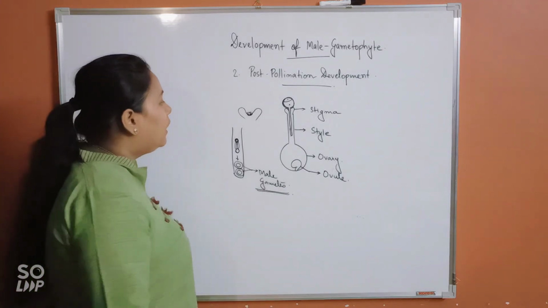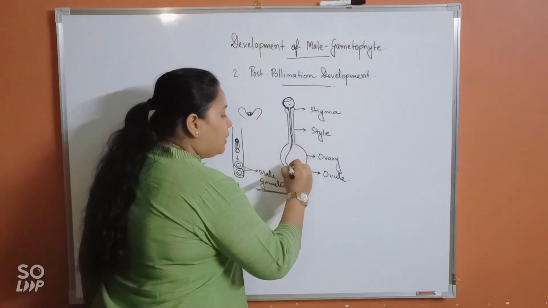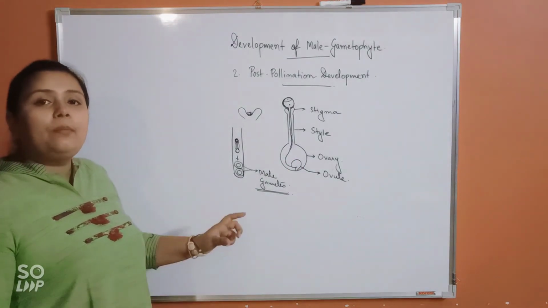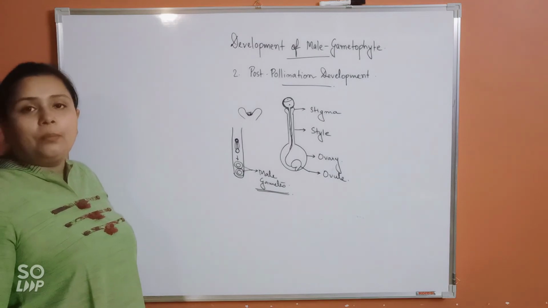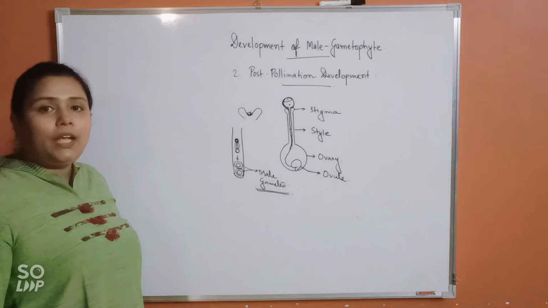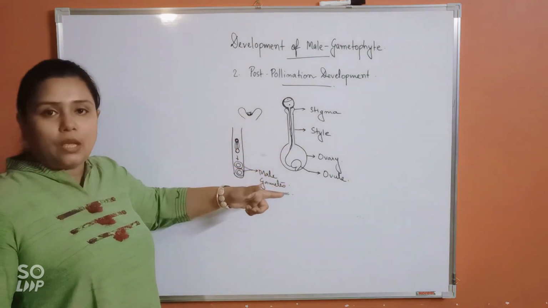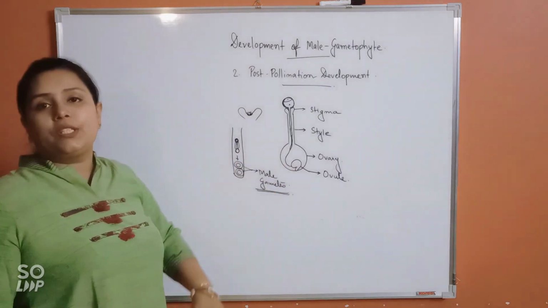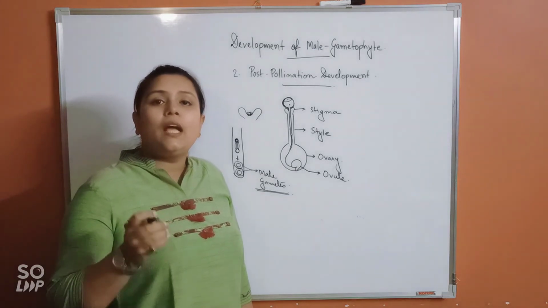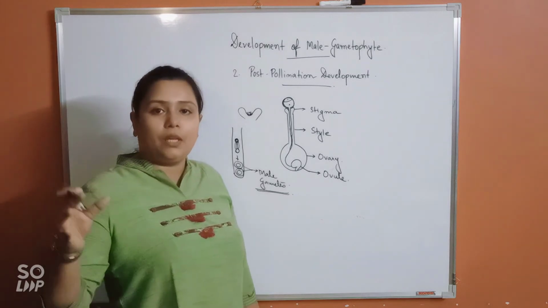Alright. So eventually the pollen tube will start moving towards the ovule. To be more specific, towards the micropyle of the ovule, because the micropyle will keep secreting certain chemicals. Due to this, the pollen tube will be able to sense those chemicals, hence it will be able to move towards the micropyle. That's why we say that the movement of the pollen tube is always chemotropic in origin. It's always going to move towards the chemical.